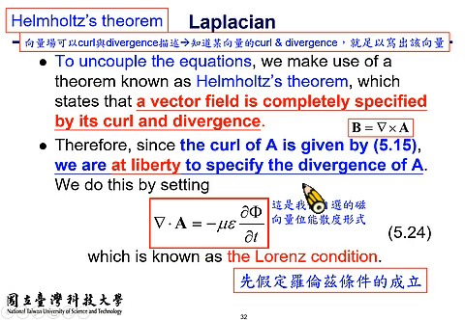Alright, so let's begin with the Helmholtz theorem. Suppose there is a vector F, and we don't know the vector directly. We don't have a direct description of F. However, the Helmholtz theorem tells you that if you know the divergence of F, and you also know the curl of F,